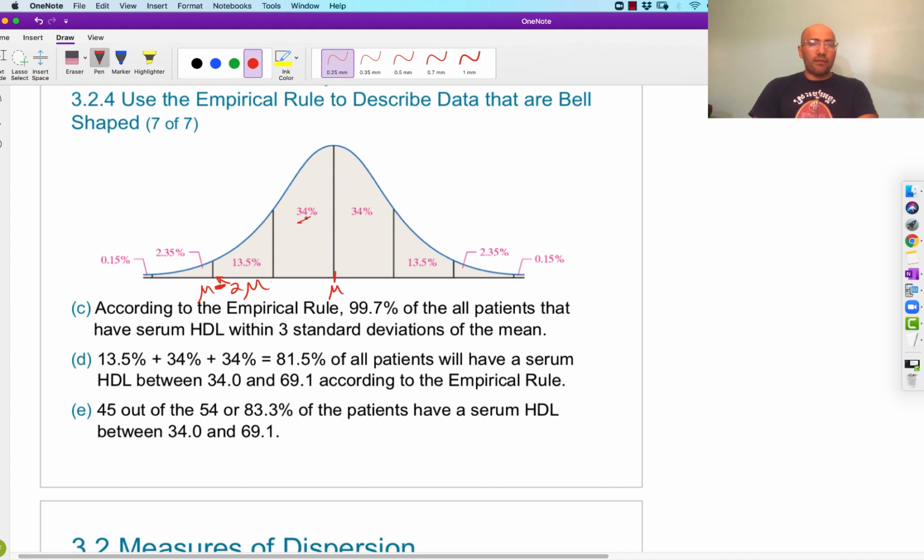So if we add the 34 and the 13.5, we'll figure out approximately what percentage of our values will lie in this zone between this number and that number. And if we go out to 1 sigma, mu plus 1 sigma, we see that 34% of our data lie in there. So going back to our actual numbers, for us,